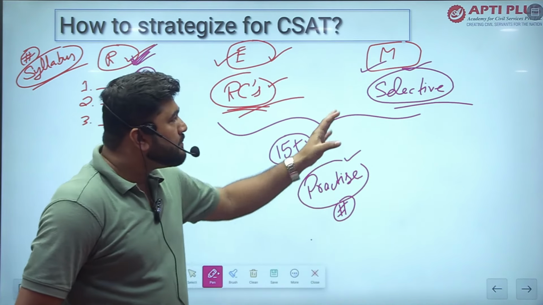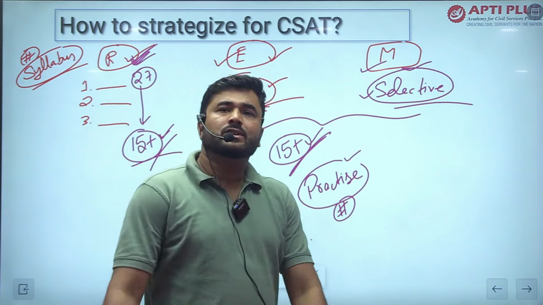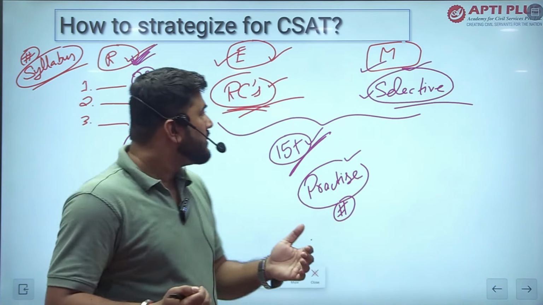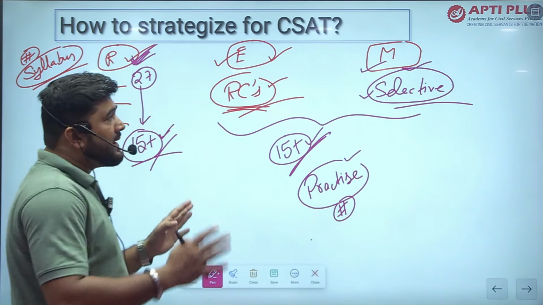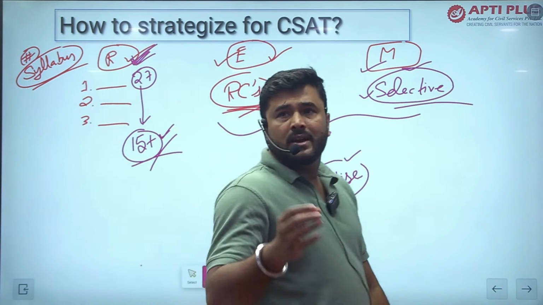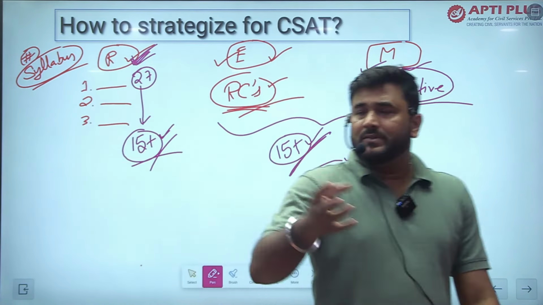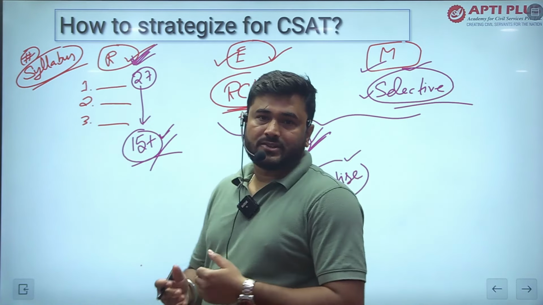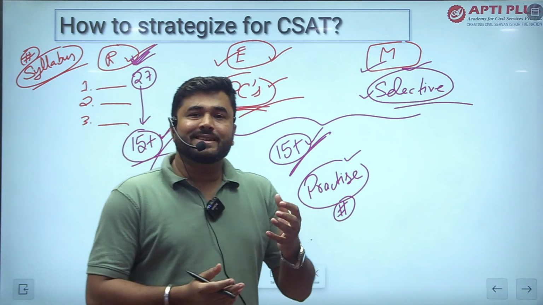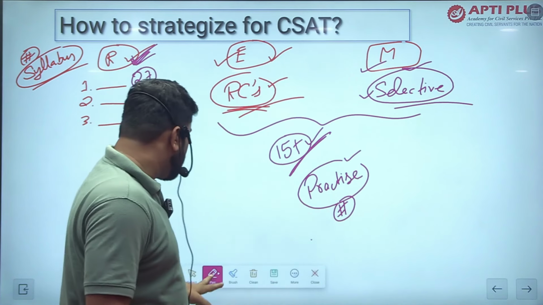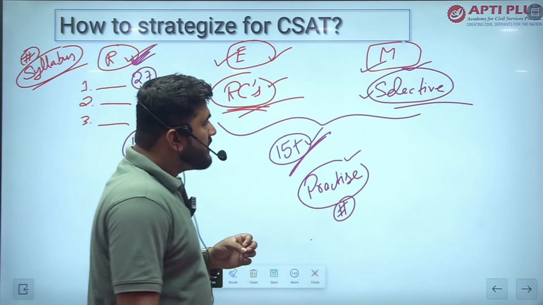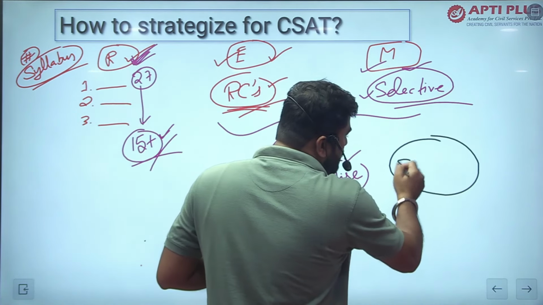So in maths, be very selective about which chapters you do very easily and which chapters create negative marking for you. This is the basic smart work. In the previous 2 to 3 years, we have seen that the UPSC CSAT paper has been very tough in the mathematics section. So what is UPSC expecting from you, if you are to become an IAS officer? First of all, you have to strategize your concept.